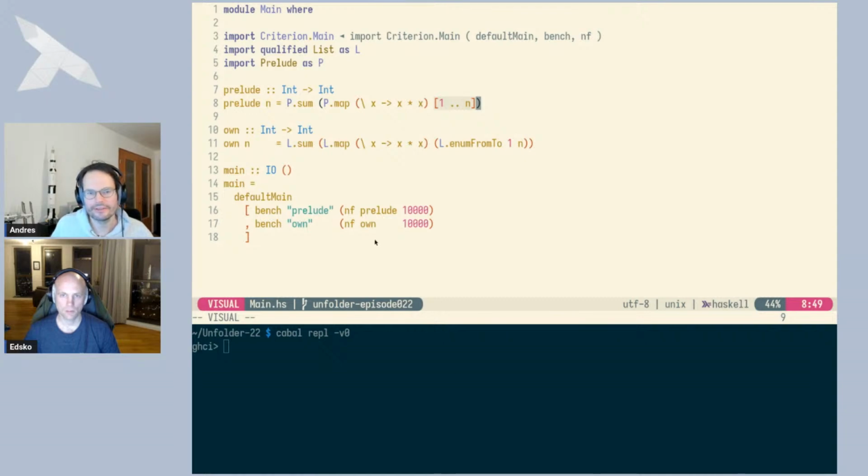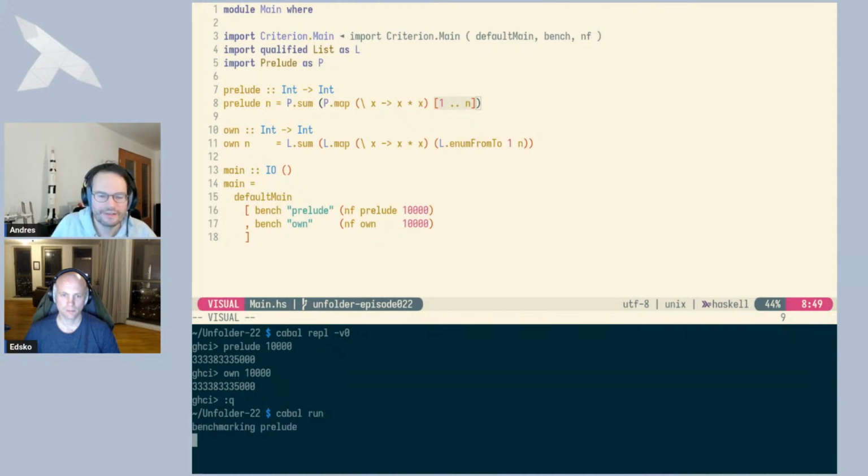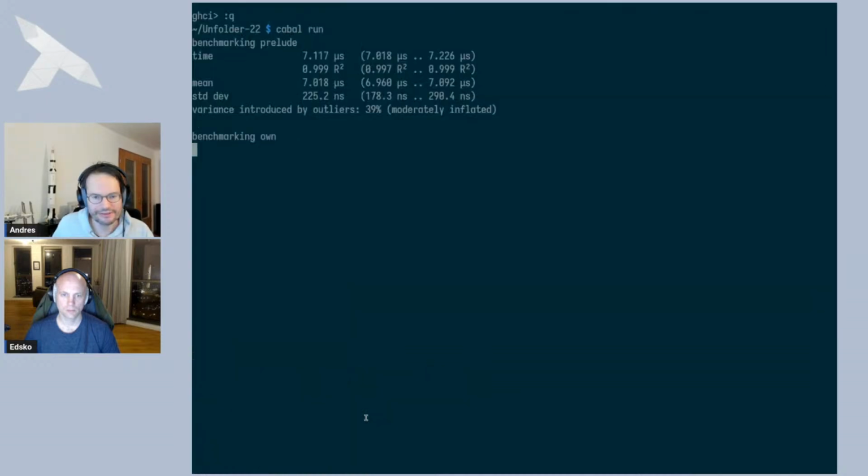And then I'm using Criterion, which is a popular benchmarking library for Haskell, in order to compare the performance. Before I actually do that, let's briefly verify that these two functions, at least on the input that I'm testing them on, are giving the same results. So prelude 10,000 is giving me this, and own 10,000 is giving me that. So that looks plausible. So now let's just do cabal run, which basically runs the main program,